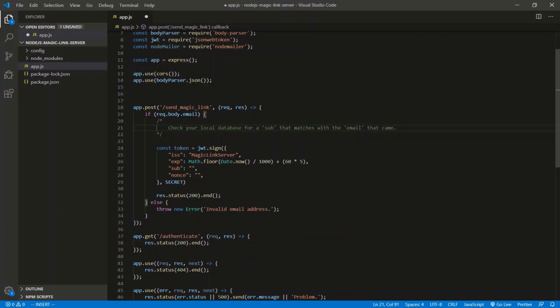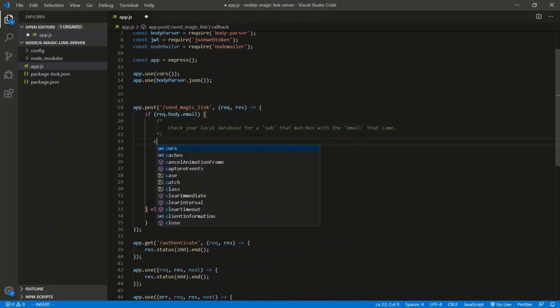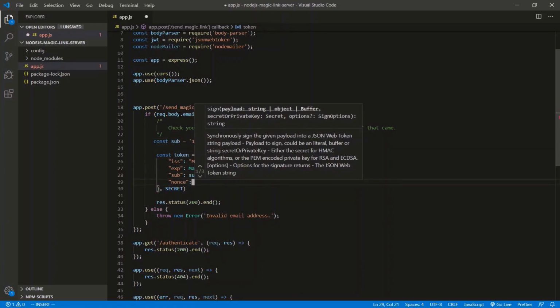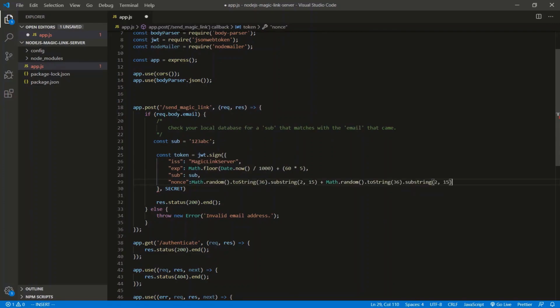Again, we're not going to build a database for this, so just pretend that we pinged a database and we found a sub that is associated with this email. So let's make it up here. Let's do const sub is equal to, I don't know, 1, 2, 3, ABC. There we go. So put that sub in here, sub. And we'll do the nonce. There we go. It's a random string of numbers, something nonsensical, so you can't get duplicate